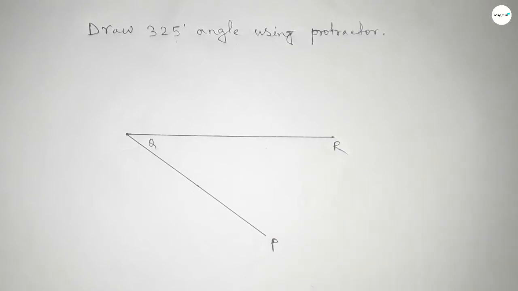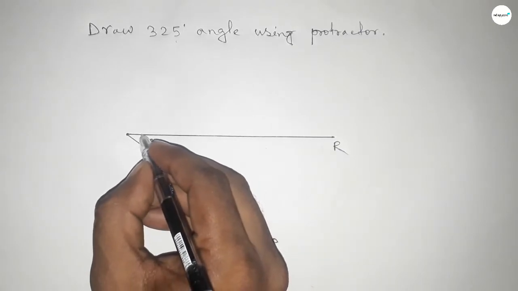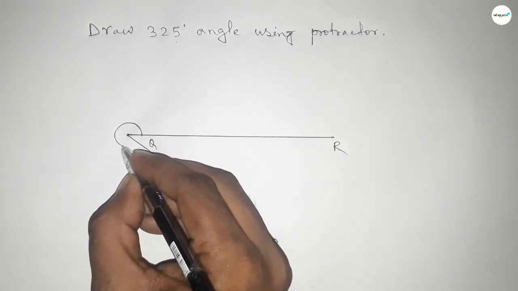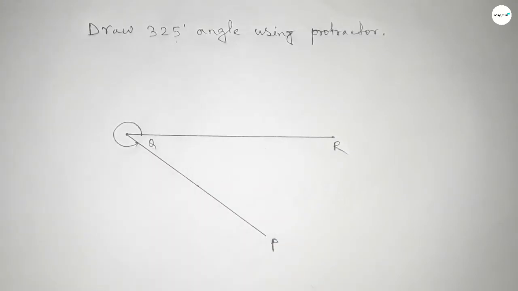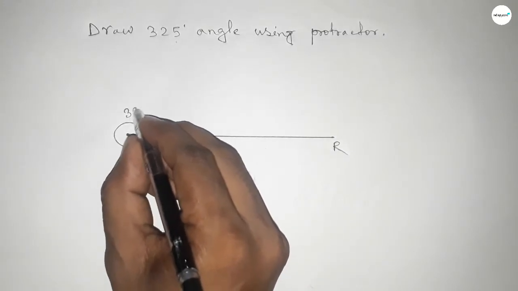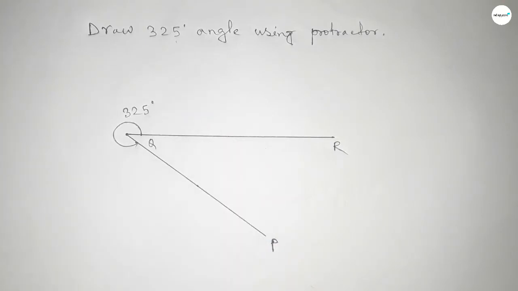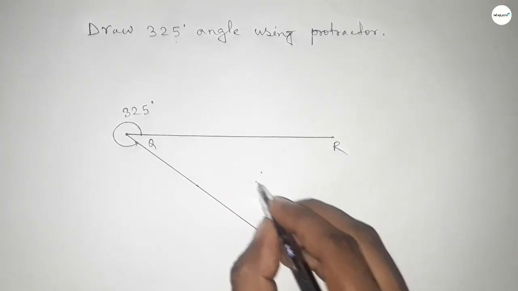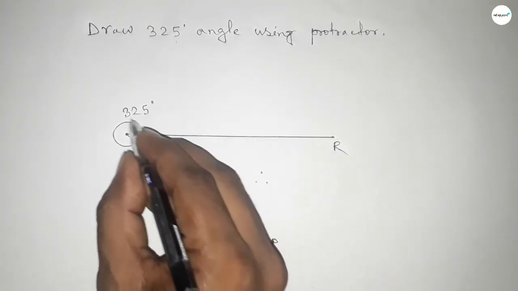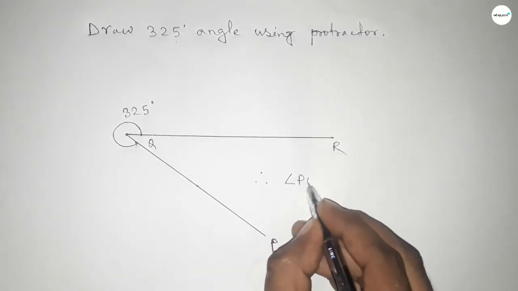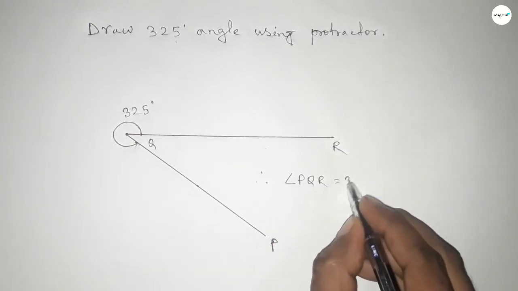So this is angle PQR. So angle PQR, so this is angle PQR, and this is a 325-degree angle. So therefore angle PQR equal to, we can write,